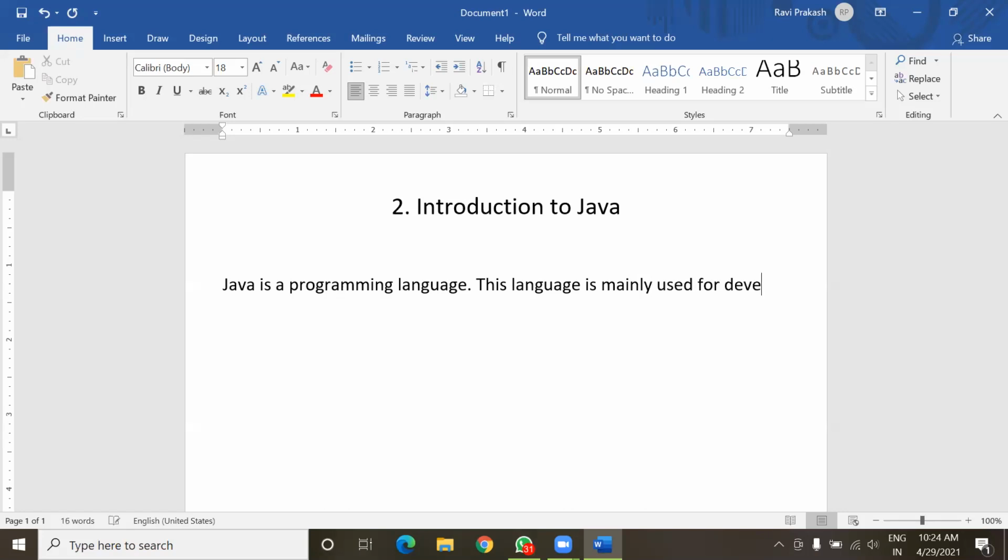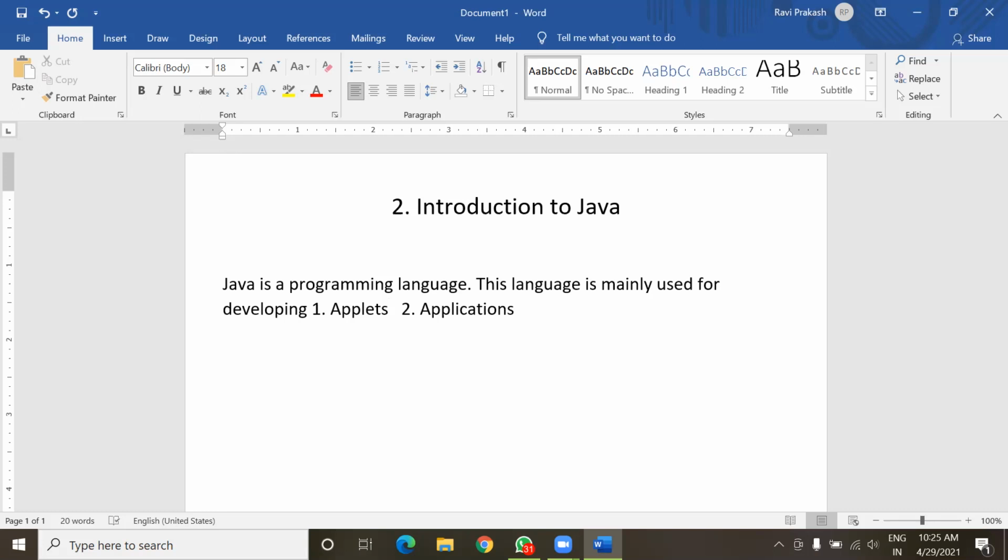The first one is applets, and the second one is application. So this Java programming language can be used for development of these two things: Java application and Java applets.